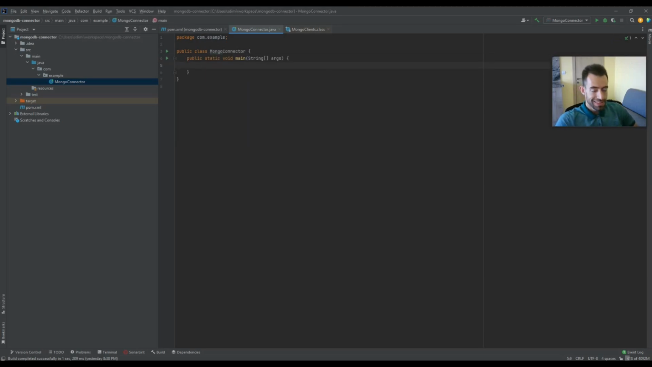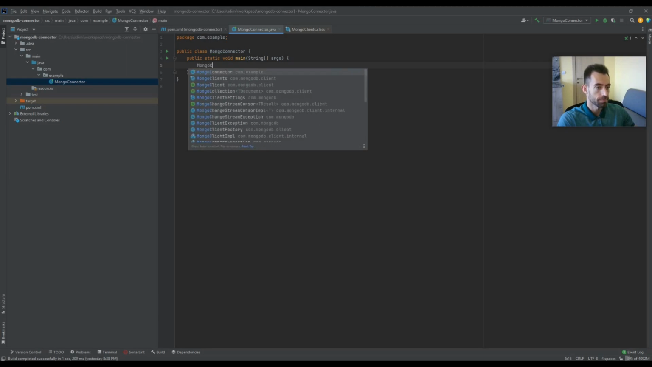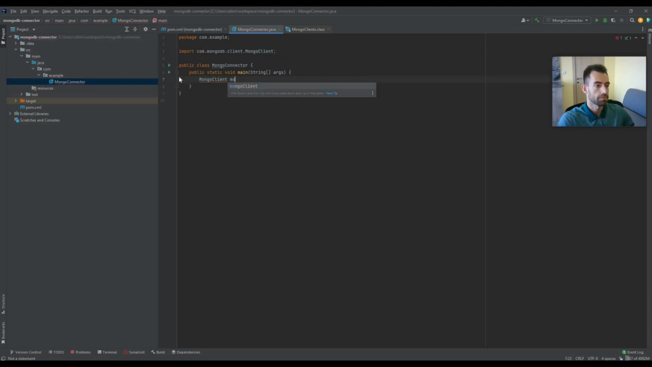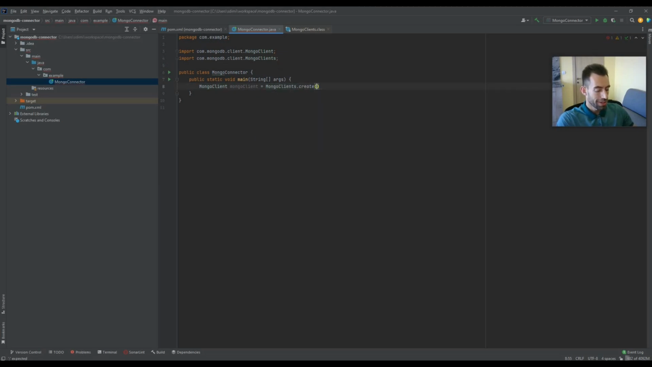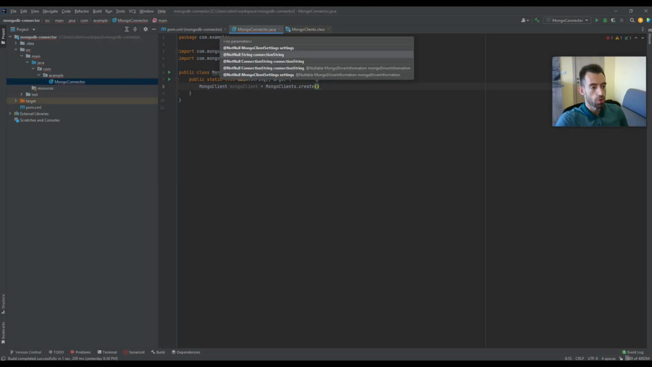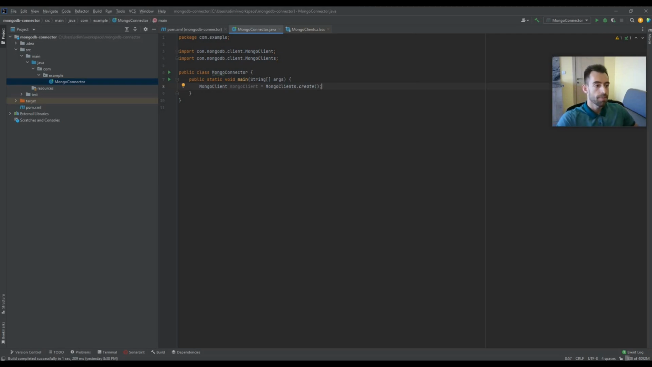Okay, now the first thing we need here is a MongoClient in order to communicate with the database. We are going to use the create method of the MongoClient class, and this method requires a connection string. The connection string holds information like host name, credentials, and other options required for us to successfully connect to the